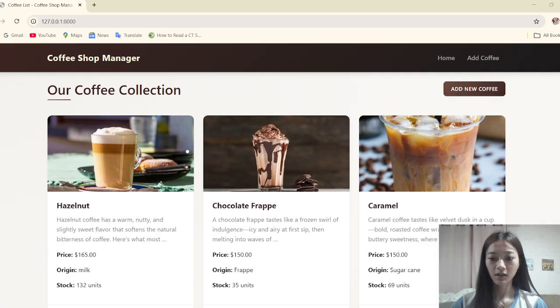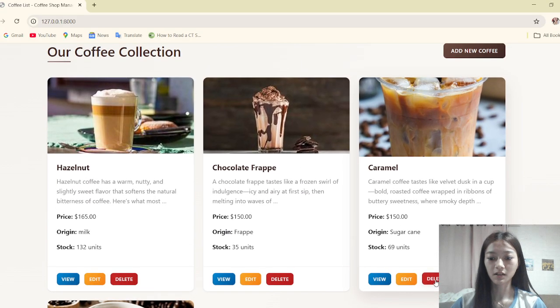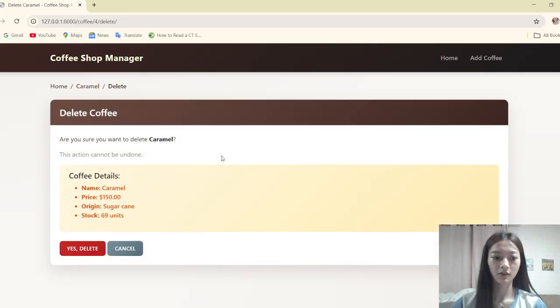Okay. Now for the delete function, let's try to delete this one here. You just click the delete button here, then we have a confirmation to delete the product itself.